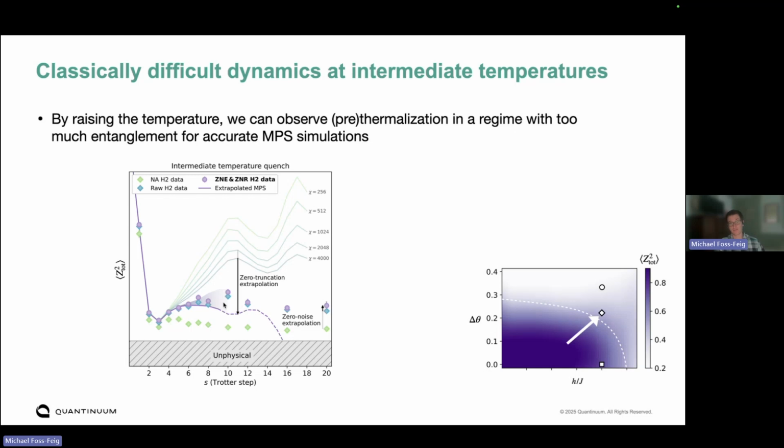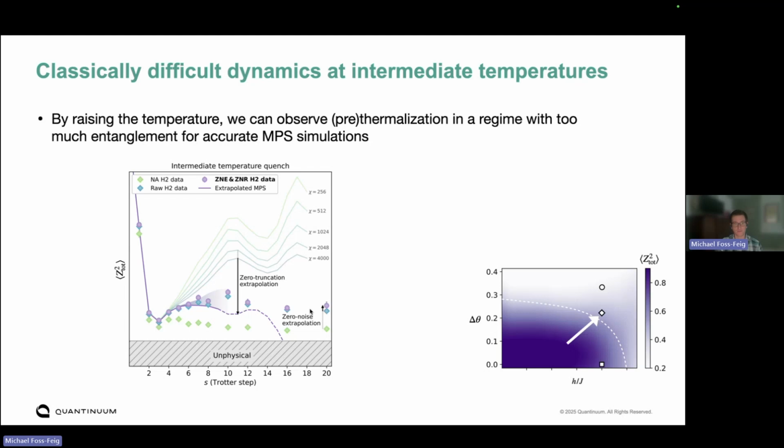I would say another piece of evidence is just that here you can see that the raw data in blue is not that far from the extrapolated data after doing zero noise extrapolation. And so the proximity of all these data points is pretty good evidence that even if there are issues in, say, biases introduced by the noise extrapolation technique, it's not doing a whole lot anyway, because these circuits have relatively little noise in them. And therefore we can, I think, to a good degree, trust these purple answers as being accurate at late times